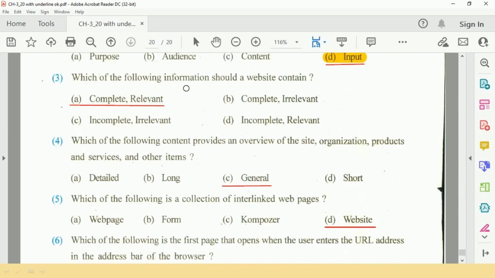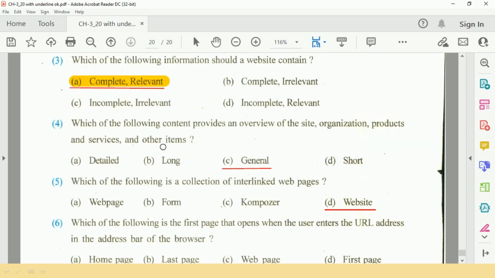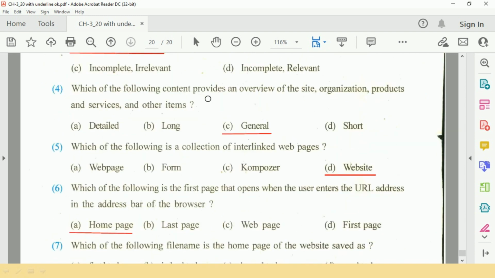Question number 3 is, which of the following information should a website contain? So a website should contain complete and relevant information. Next question number 4 is, which of the following provides an overview of the size, organization, products and services and other items? Option C, general.